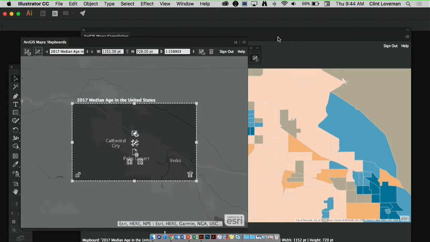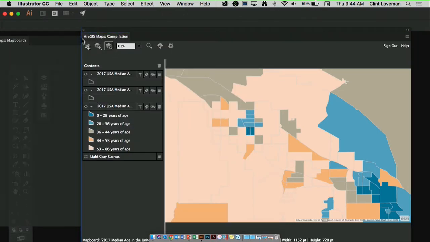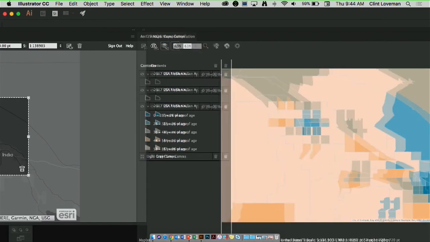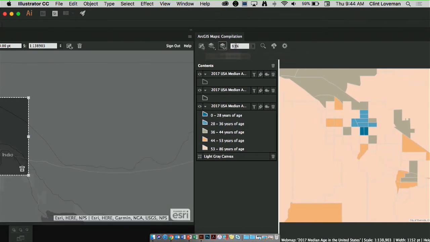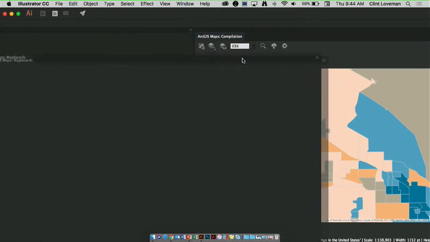So in this case, what I also wanted to show is that these two windows, the Mapboard window, just give myself a little more real estate here. I don't want to dock it. Make this a little bit smaller. And hide the TOC here. The other thing I wanted to show,